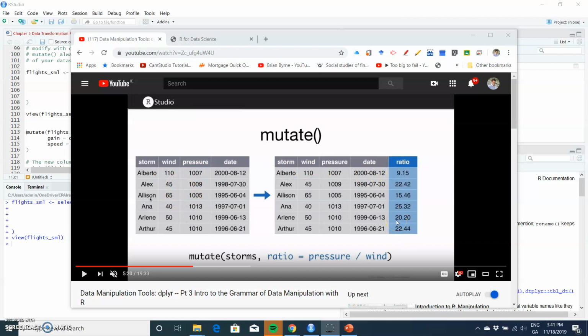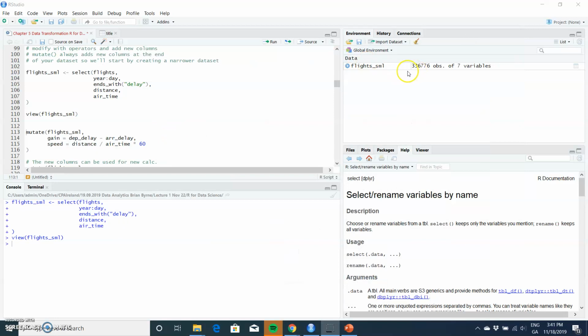So mutate, again, if we were to do this in Excel, it's fairly straightforward. However, with a dataset of 336,000 values, that would be slightly cumbersome. Also, when you run this type of estimation in Excel with 336,000 functions, that takes up a lot of RAM and data. Probably not the best use. In RStudio, it's much more streamlined. So again, to effect this,